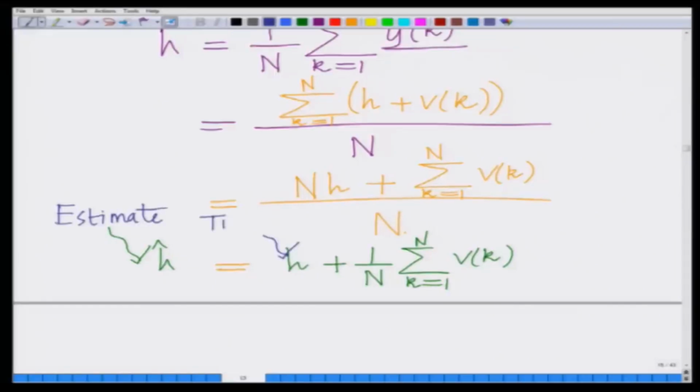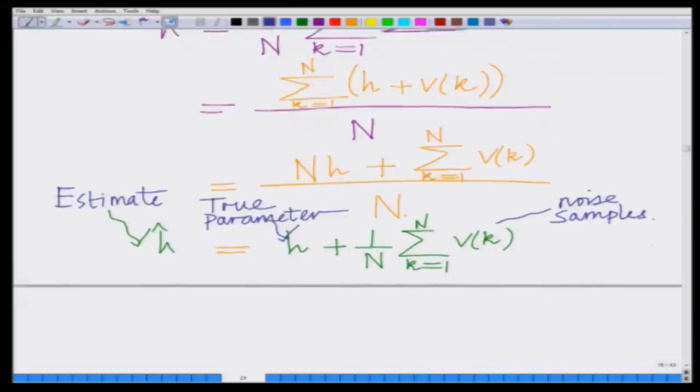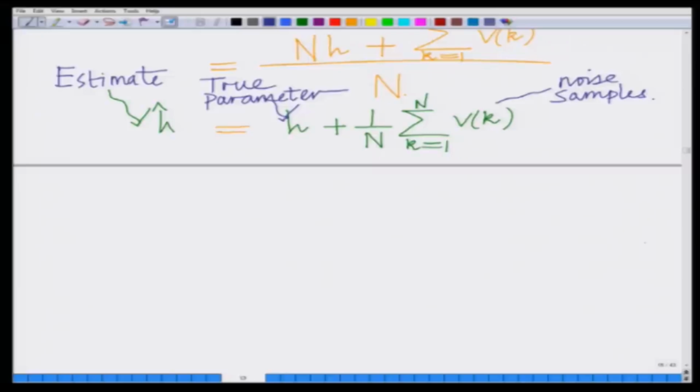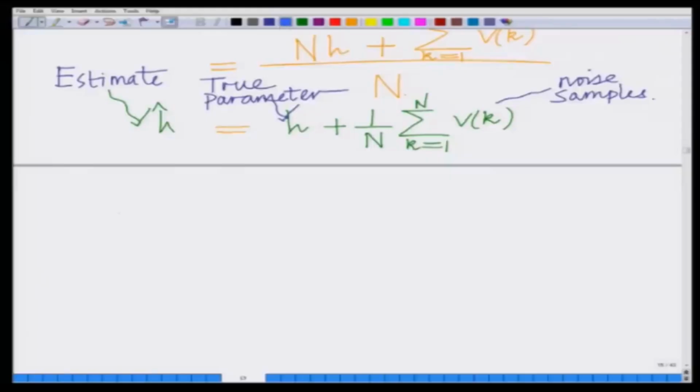This is the true parameter h, and these V k's are the observation noise, such that each expected V k equals 0. Therefore, now if we look at the average value of the estimate h hat, the expected value of the estimate h hat,